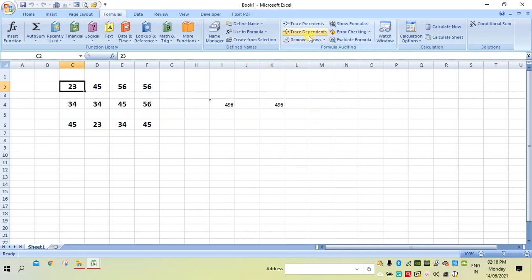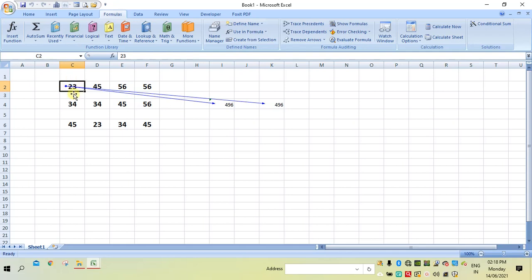Next option is Trace Dependents. So here it shows what cells are affected by the value of the currently selected cell. For example, I will select this and then I'll click on this. So it will show the reverse arrow.